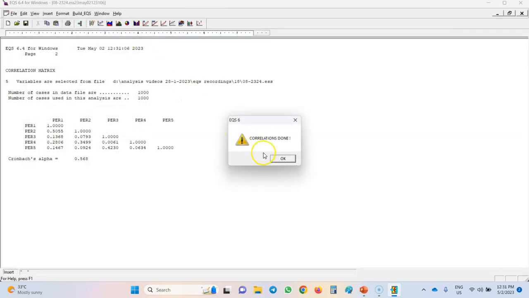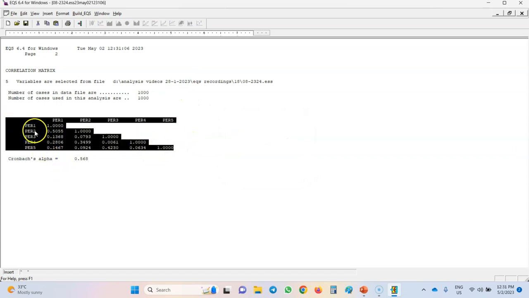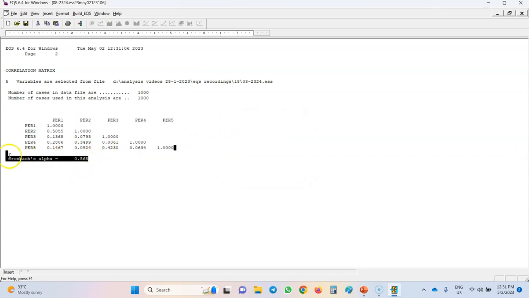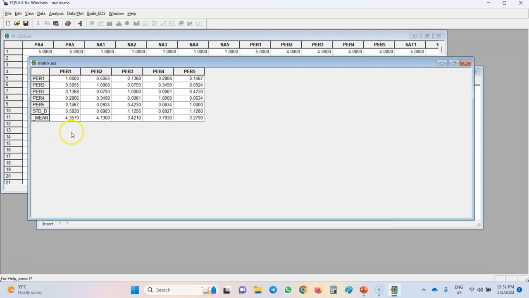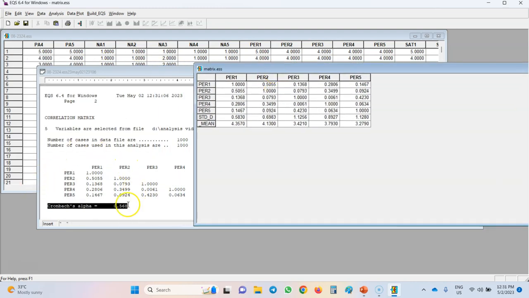If I click OK, now you can see the correlations between the items in the output window as well as the Cronbach's Alpha. If I click on this button, you can see the new matrix that has been generated, and again you can see that these correlations that you can see in the output window are saved in a new data set plus the standard deviations and the means, and you can use this table for further analysis